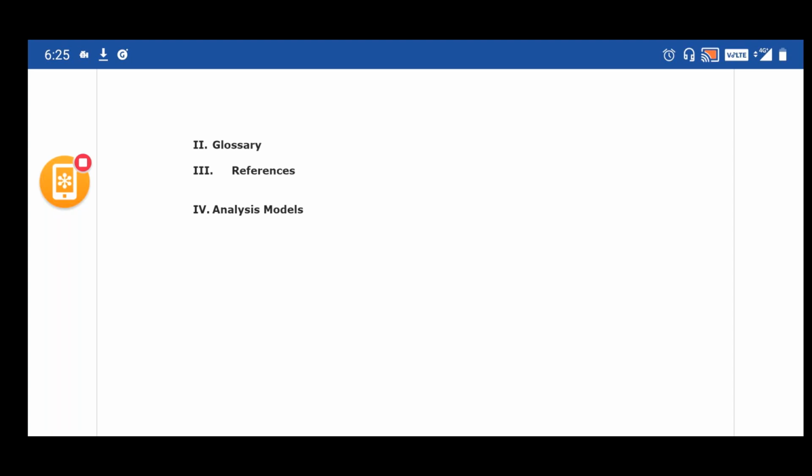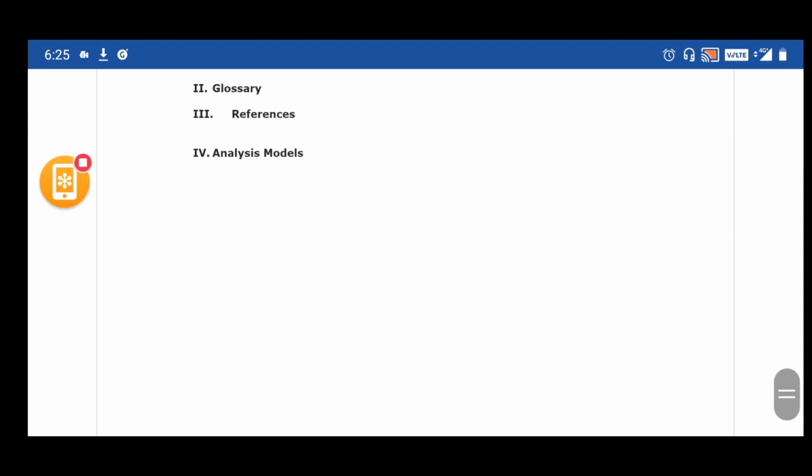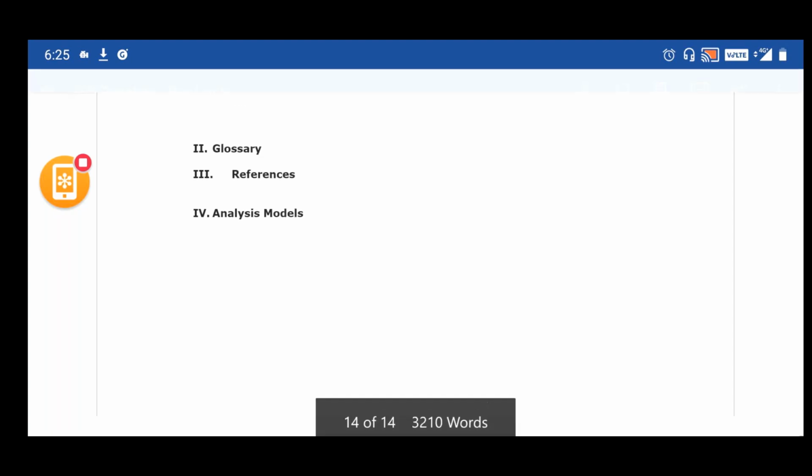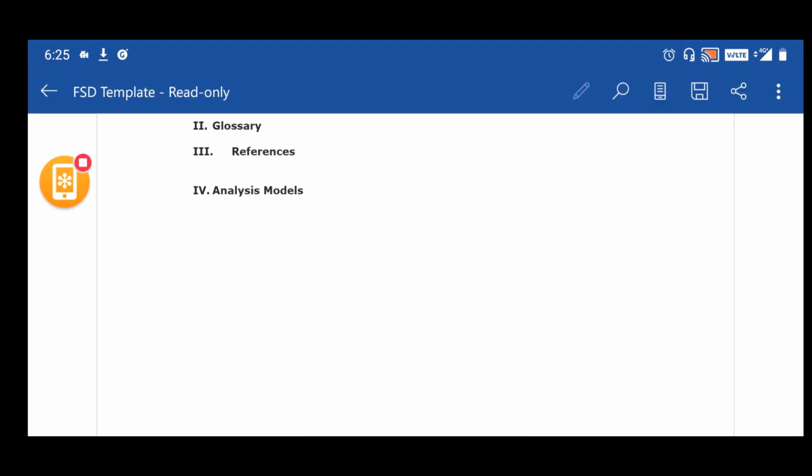For example, if a project is related to a workflow, you would have a flow chart or a data flow diagram. In such cases, we need to define how to read those diagrams: what the various symbols are and how to interpret them. That information should be defined under the analysis model.